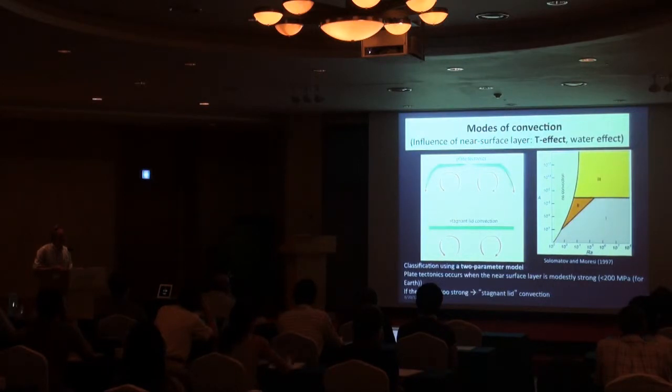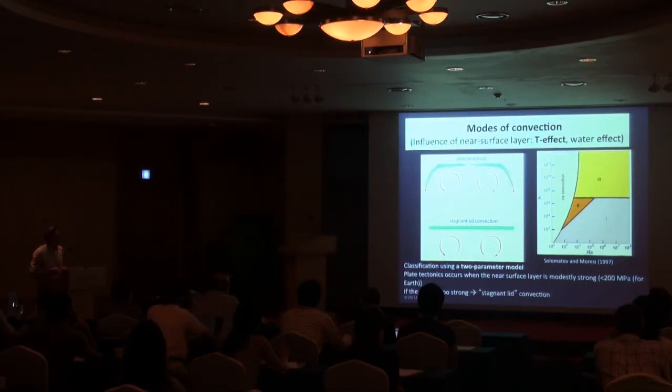One is the Rayleigh number corresponding to the hot interior, and another one is the viscosity contrast, which captures the temperature dependence. So if this is large, it means the surface is much stronger than the interior. So temperature dependence is characterized in this model by one parameter. Then they could classify the mode of convection into three categories, and in a somewhat narrow regime, plate tectonics-like style of convection